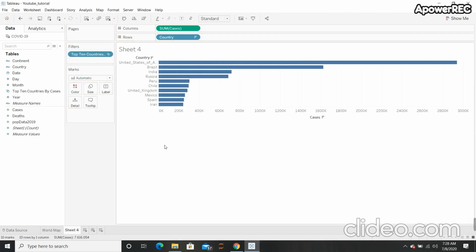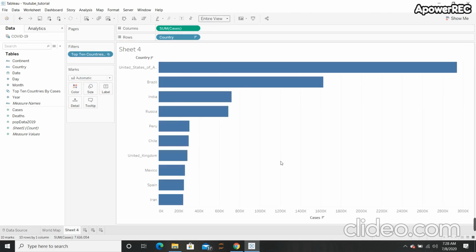But this has made our bar graph really tiny. To make it look big according to this layout, I will go here, click this arrow, entire view. Now I don't like white backgrounds as black is my favorite color, so I will make the background black.